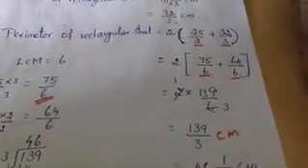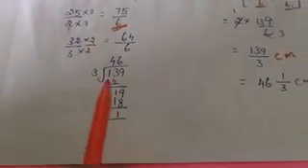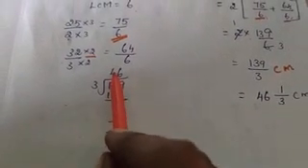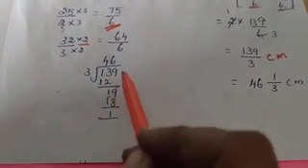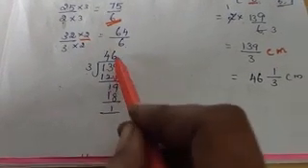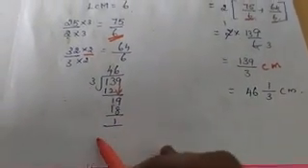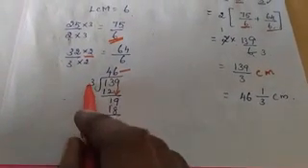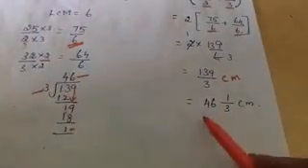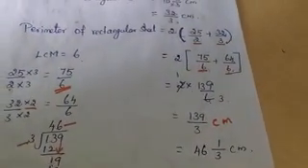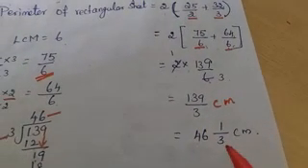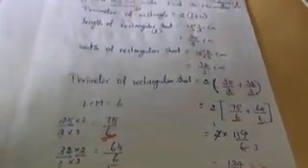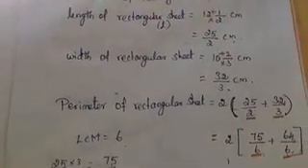But we got the question in mixed fraction, so we have to give the answer also in mixed fraction. So if you divide 139 by 3, 4 3s are 12 and remainder is 1 and this 9 comes down, so 19, 6 3s are 18, remainder is 1. So now you know how to write. This is first, middle and top and down, right? So 46 1 by 3 centimeter. So the perimeter of rectangular sheet is 46 1 by 3 centimeter. I hope question number 4 is clear. Now we will move to the next question.